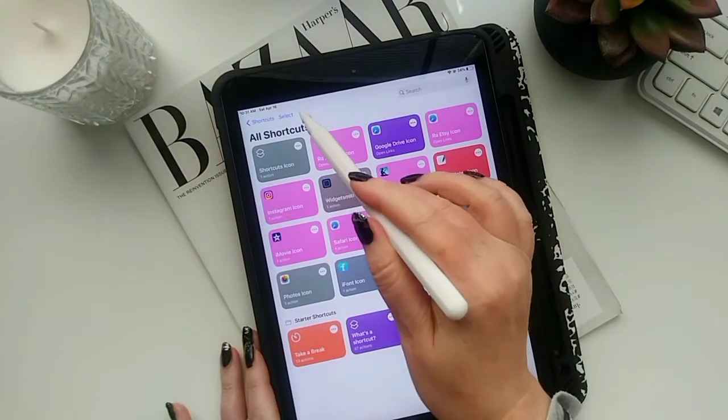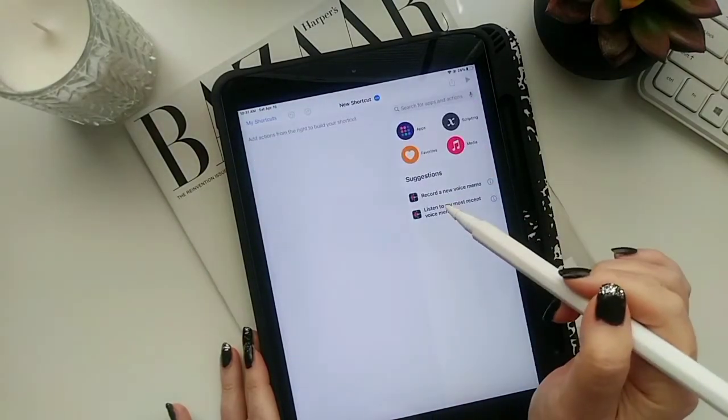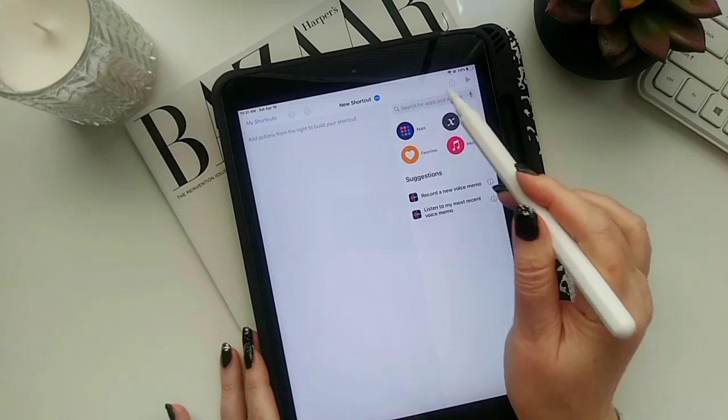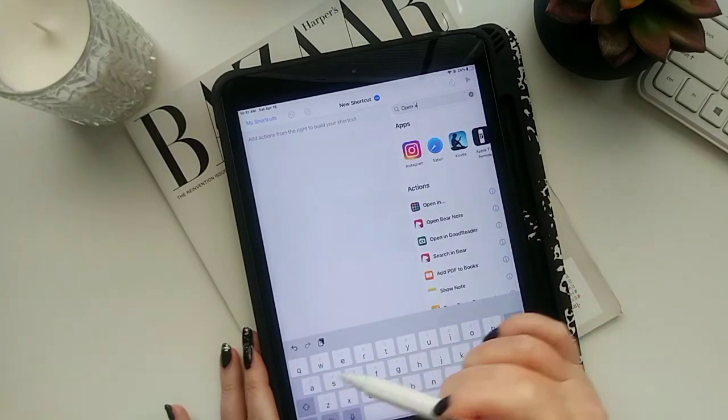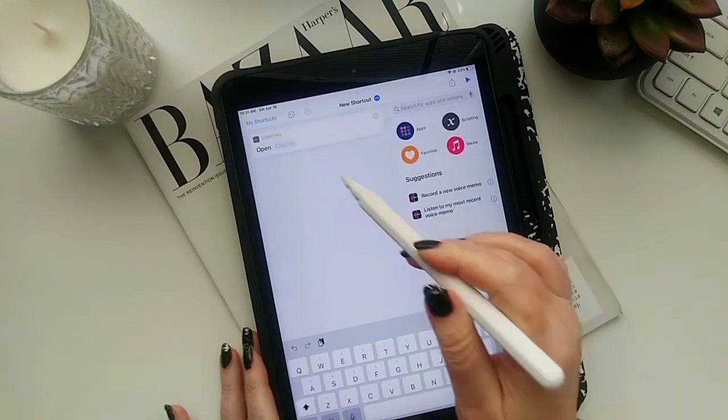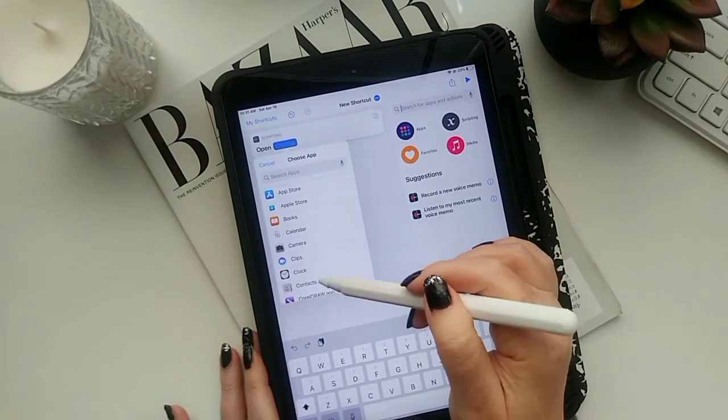So to create a new one, you're just going to tap on the plus sign and then type open app or open URL depending on what function you want. There's a ton of functions in there and you can play around with that. So for open app, you just pick which app you want to open with that,